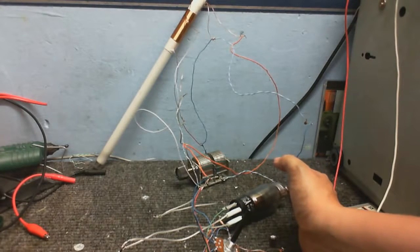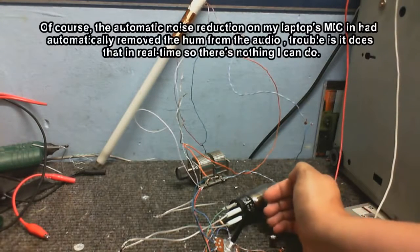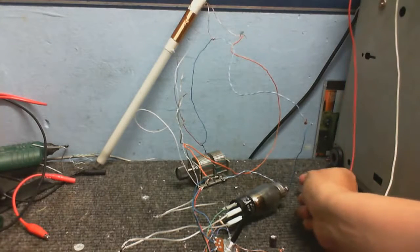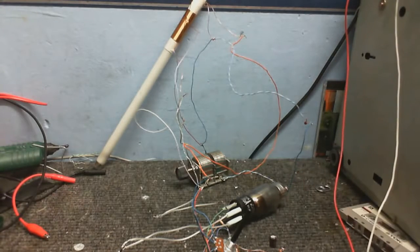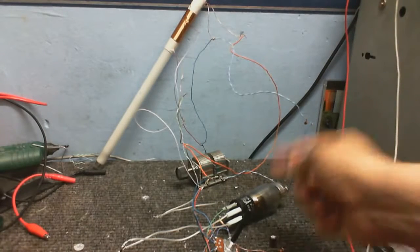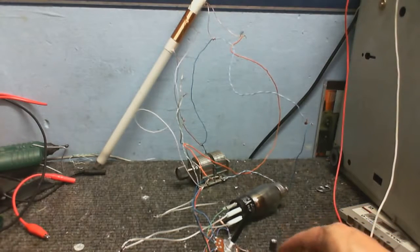I don't even need to touch anything. If I just put my hand near it, I can hear a hum come out of the speakers. I don't know if you could hear that, probably couldn't. So no problem there. If I touch the anode, if I touch the first grid, which is what this bit here is connected to. I know on most of these that's where the plate's connected, but on these particular ones, that's where the first grid is connected. Actually, if I touch this bit first, which goes into the amplifier,